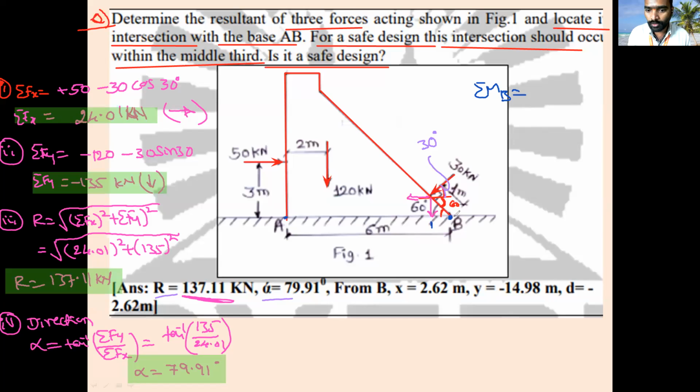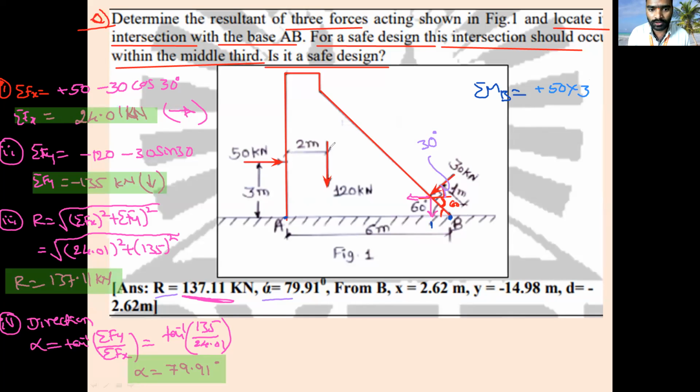Now tell me, from the point B, this is the first force. Consider there is no other force on the dam. I apply 50 kilonewton. Will this dam rotate clockwise or anti-clockwise about B? Clockwise. Plus 50 into the distance. The line of action of the force is like this. What is the vertical distance between the line of action of the force and the point B? 3 meter is given. 3 meter.